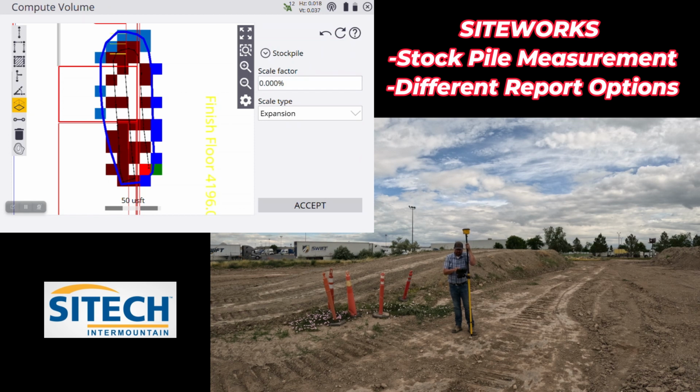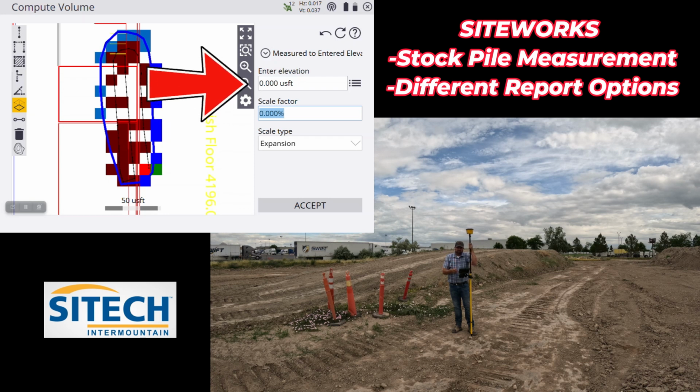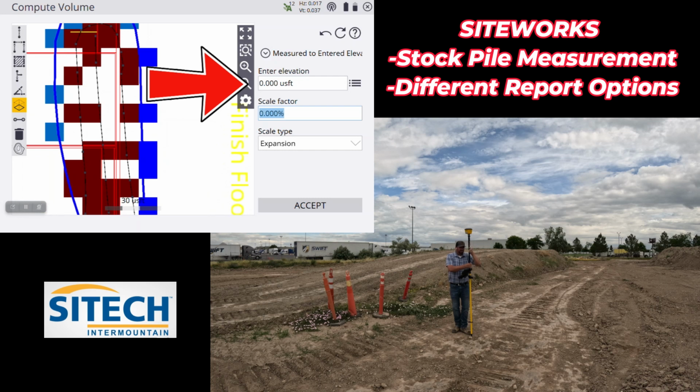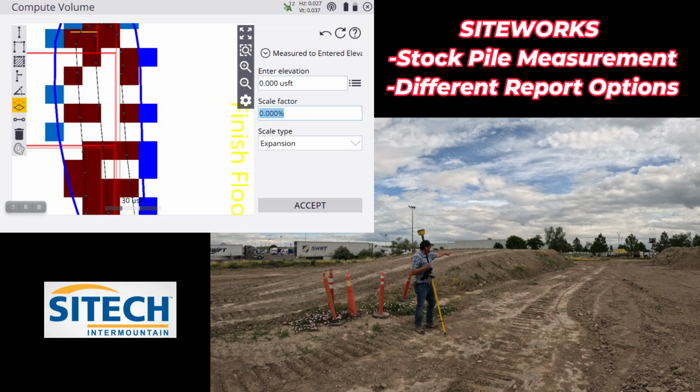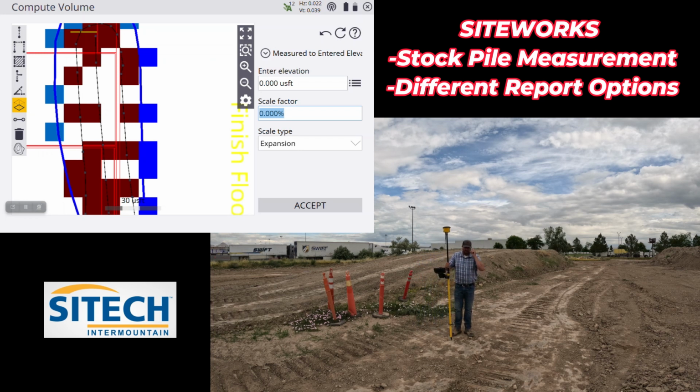Let me show you the option of measure to an elevation. If you know the elevation, you can key it in. But if you don't know what it is, which most people wouldn't, but you knew this side of the pile was either the higher side or lower side, but I'm going to say it's the lower side. So you want to make sure that you get a flat floor no matter what. It's still going to use the boundary that I made to make the measurement in, but I can create a